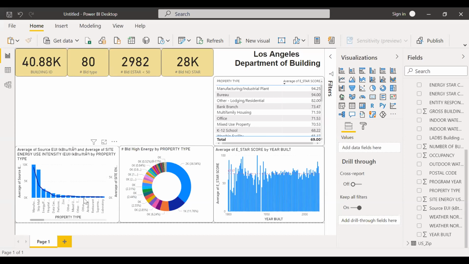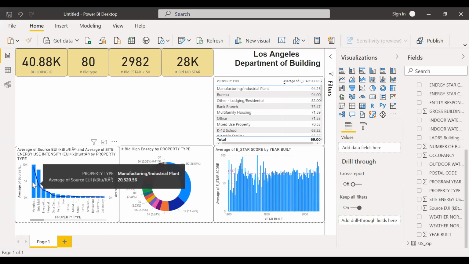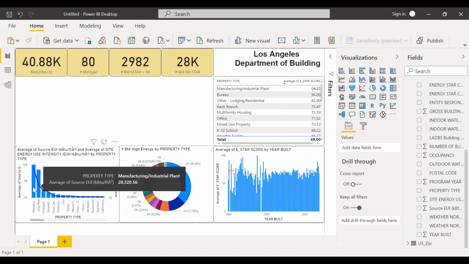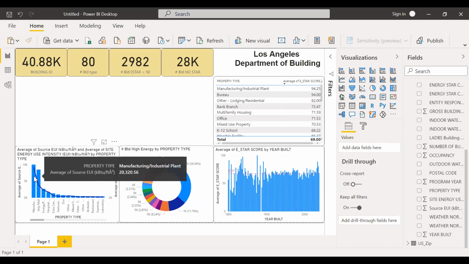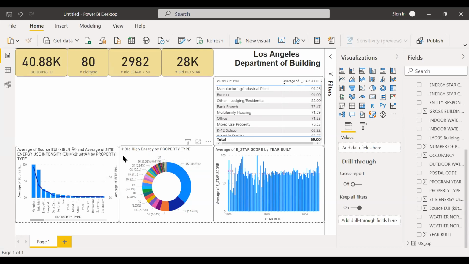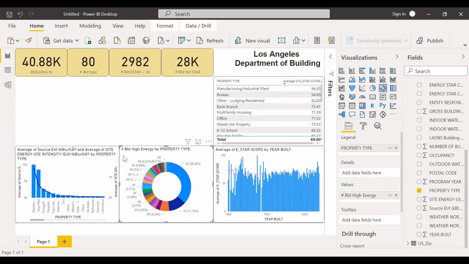So you can see here, we have manufacturer site here. The energy consumption is a lot. For this case, we have several ways to handle it, and the best way is to remove it because this value is maybe the outlier. Okay, we move to the next